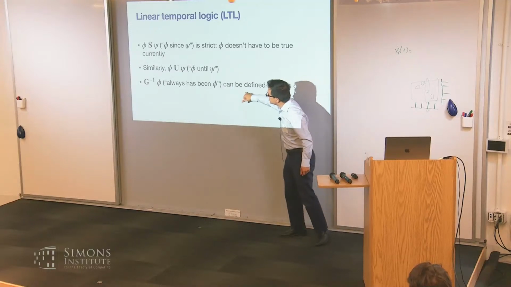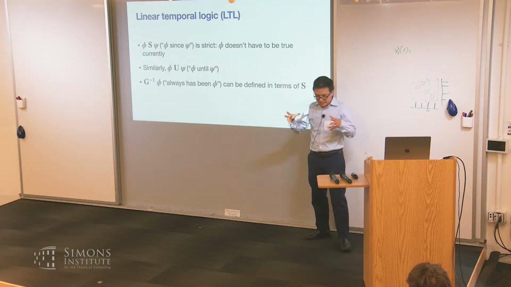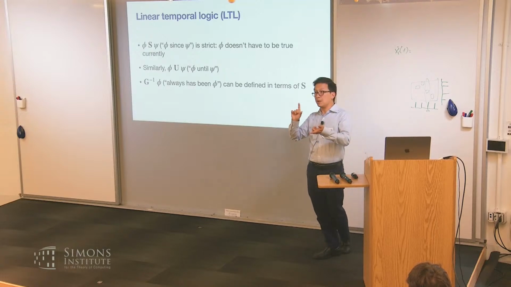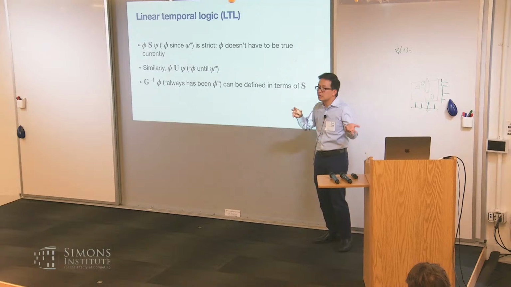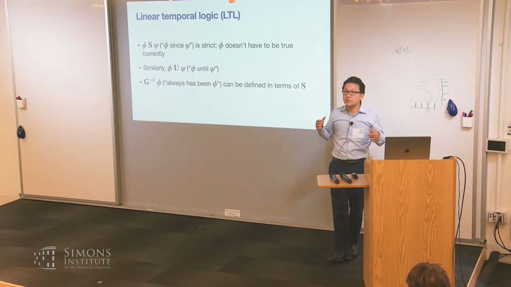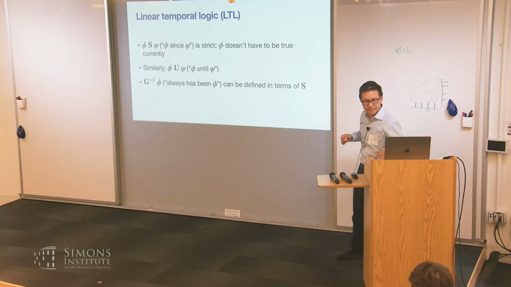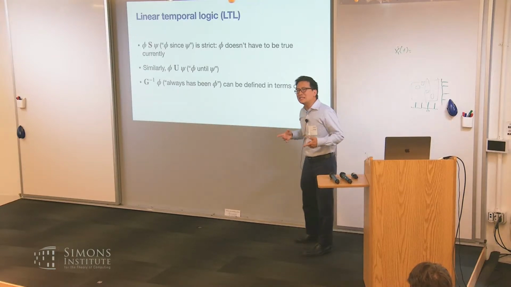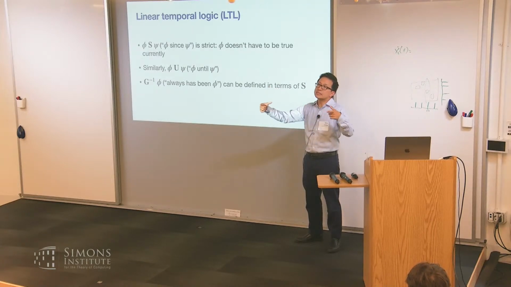This G inverse operator can be defined in terms of S. So what we're calling LTL is the temporal logic that just has the S and U operators. Other useful things like this G inverse or just G can be defined in terms of S and U. All right, so that's LTL. And the reason LTL is useful is because you always have this implicit time variable. That corresponds exactly to the fact that at every layer of the transformer, you've always got a sequence of vectors. So there's always this single dimension of time.